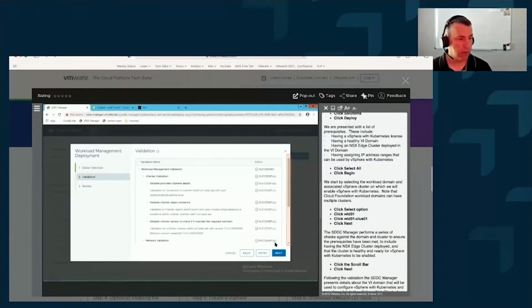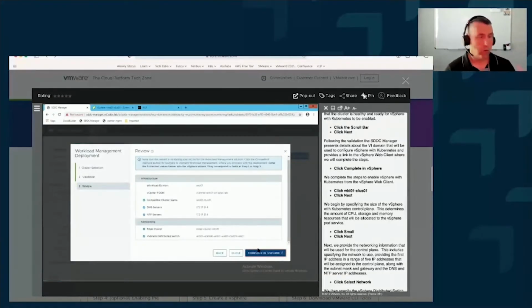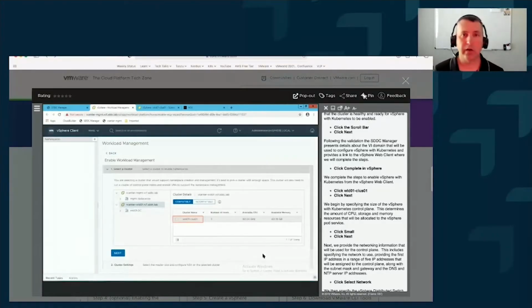Now, you're going to notice here when this validation is over, something happens because we're pretty much done in the SDDC manager at this step. Now it's going to link us out to the vSphere client. We're going to shift gears and go into vSphere with Tanzu, and use the vSphere web client to enable the Kubernetes. Within VCF, we use vSphere 7 and leverage that built-in capability. So we're not duplicating any functionality as much as we're using the SDDC manager to guide us into that section